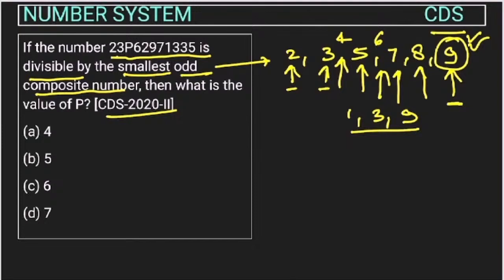अब डिविजिबिलिटी ऑफ 9 कैसे चेक करते हैं? जो डिजिट हैं उनका एडिशन करते हैं, और एडिशन अगर 9 से डिविजिबल है, तो दिस होल नंबर इज डिविजिबल बाय 9, राइट? तो ये 9, यहाँ पे 9 आ रहा है तो इसको कट कर सकते हैं। यहाँ पे 5 और 3, 8 प्लस 1, 9, इसको हटा सकते हैं डायरेक्टली।